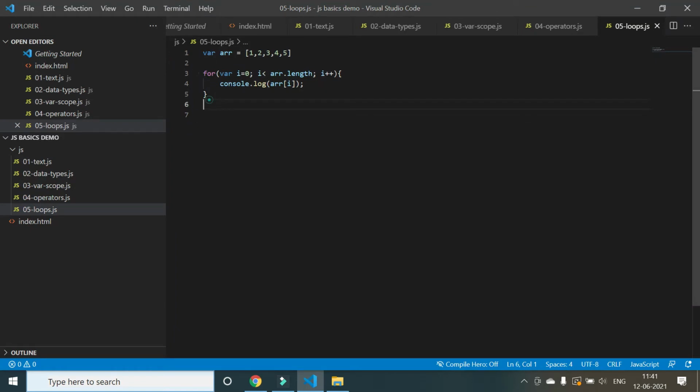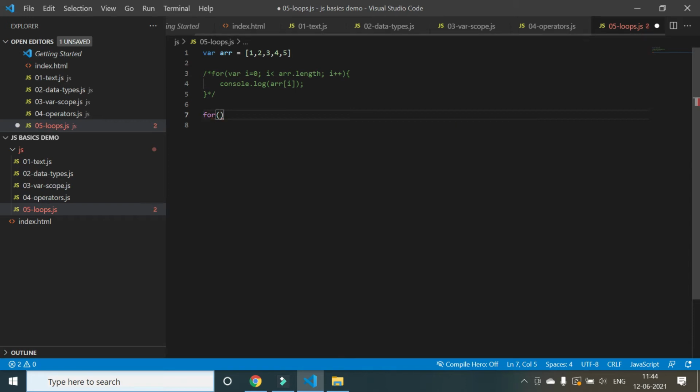So you can define loops like this also. But there is another, easier way of doing the same thing. I'll just comment it out. There is an operator called of. You just have to give the for here, and say x, any variable, it could be x or i or any variable, and you just have to use of array. How does this loop work? It first goes into the loop, takes the first element of the array and puts it in the x.